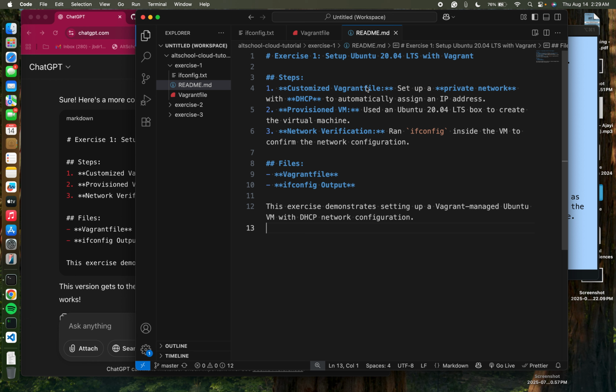It says customized Vagrant. We set up a private network with DHCP to automatically assign an IP address. I used an Ubuntu to create the virtual machine. Then I ran, you can see, you can add I here, so you personalize it. Then this will go back to small letter. I ran ifconfig inside the virtual machine. Didn't we? We did, right? So to confirm the network configuration,